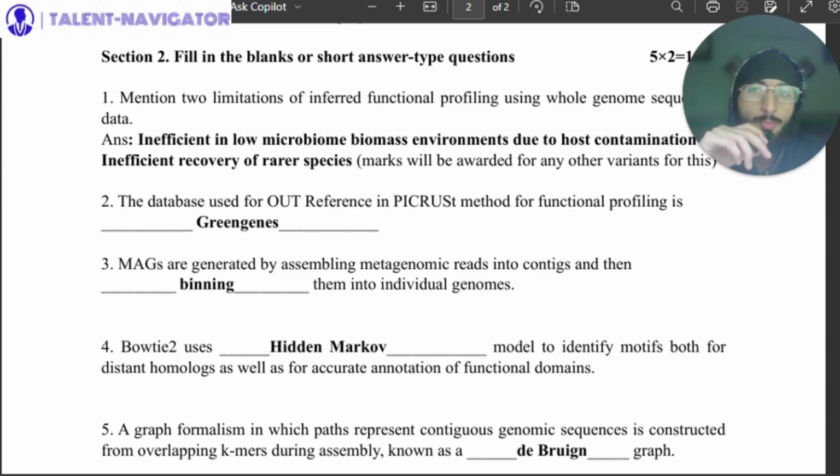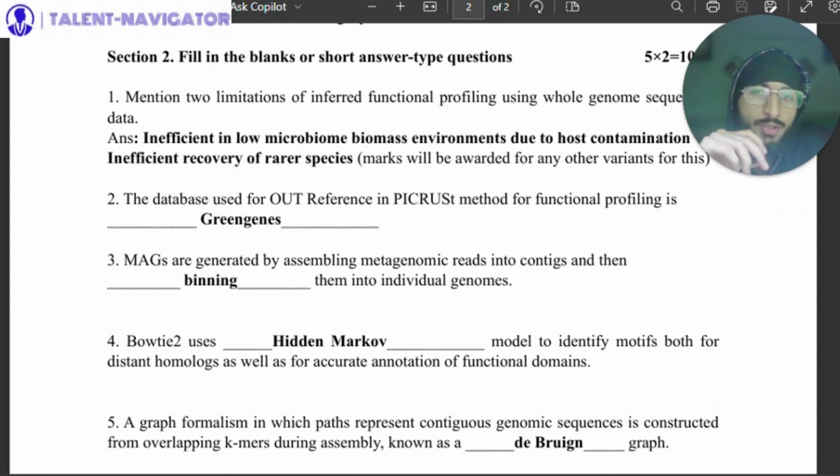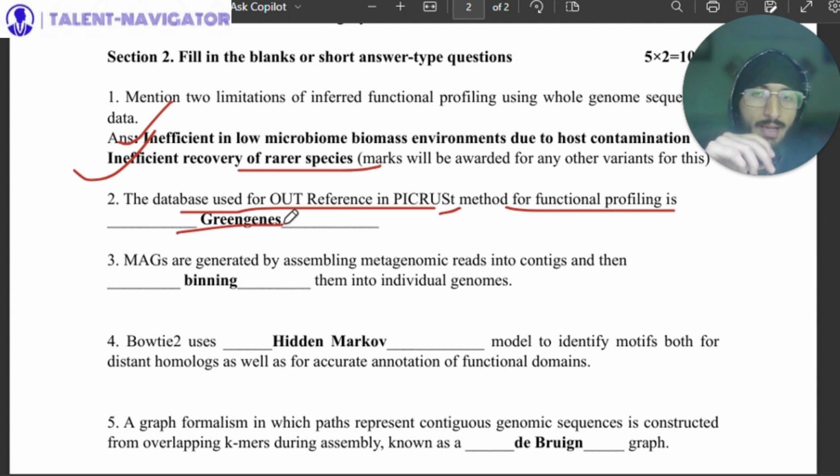Now, some more questions. Mention two limitations of inferred functional profiling using whole genome sequencing data. The first is that it is inefficient in low microbiome biomass environments due to host contamination, and the second is inefficient recovery of rare species. Now, the database used as reference in PICRUSt for functional profiling is Greengenes,